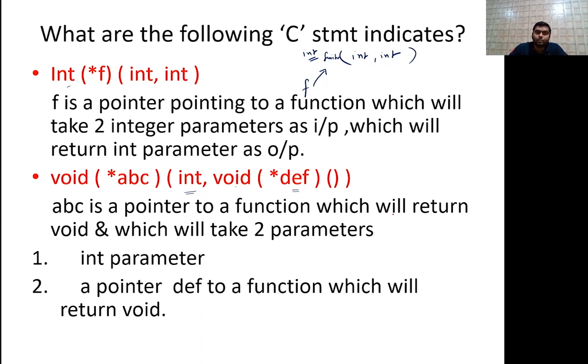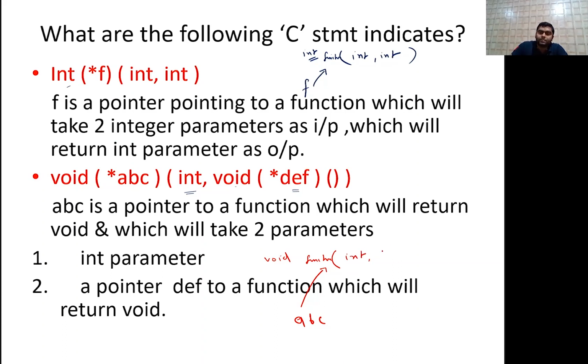So what is going on? abc is a pointer. So abc is a pointer pointing to a function. So abc is a pointer, observe very carefully, here below I am drawing. abc is a pointer pointing to a function. Okay, so this is a function which will return what? Void as an output, but which will take two parameters.